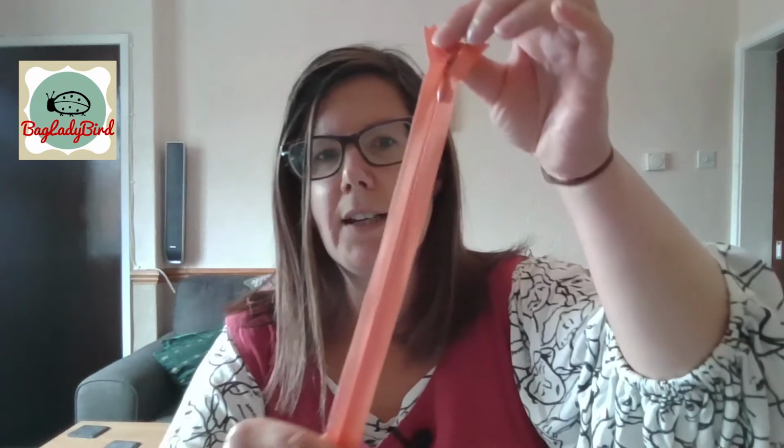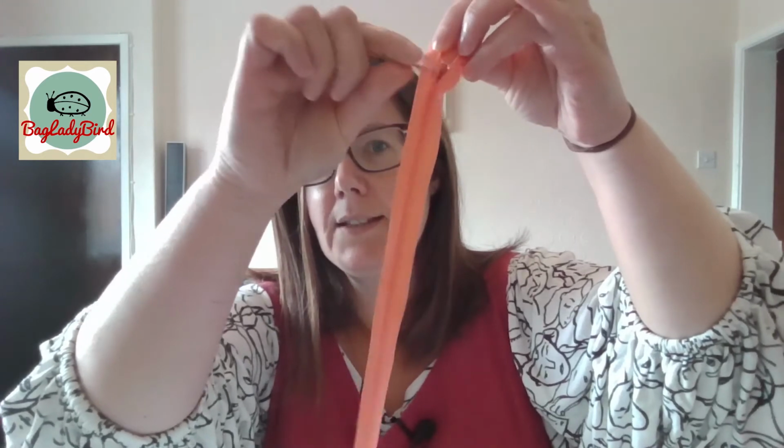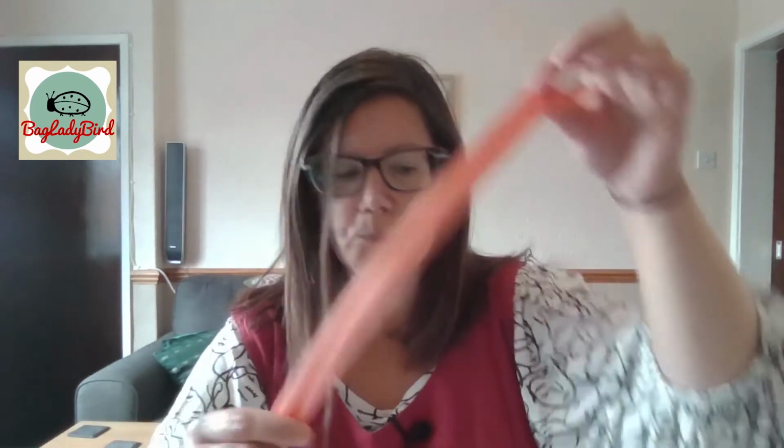So an invisible zip looks slightly different to a regular zip when you are buying these in the shops or online. An invisible zip, also known as a concealed zip, just has the little zip pull at the top, no teeth on the front, and the teeth are on the reverse side of the zip. So the back of the zip has the teeth raised on it and the front of it is flat apart from the zip pull. In contrast,